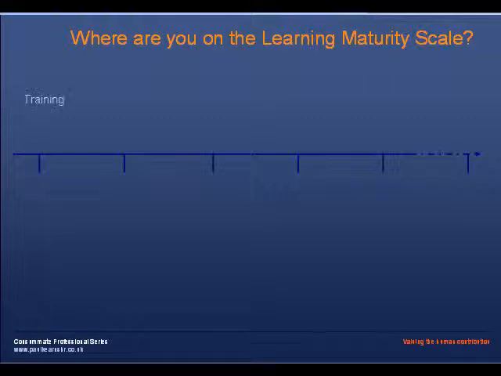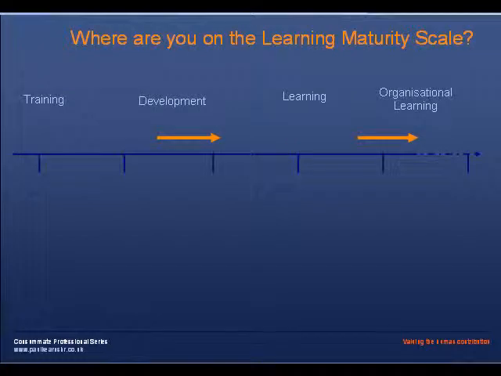So it has on one end of the scale a very reactive approach to training. This would often involve sending people on training courses without too much thought about what is expected of them afterwards. Some organisations are slightly more mature and see training development as an ongoing process, so we'll have things like performance development plans. Other organisations who are further up the scale know the difference between training and development, which are inputs, and learning, which is an output. And the best organisations understand that the only way to do this, to get the most out of everybody's potential, is to have the whole organisation learning. This is a whole system approach to the subject of learning.